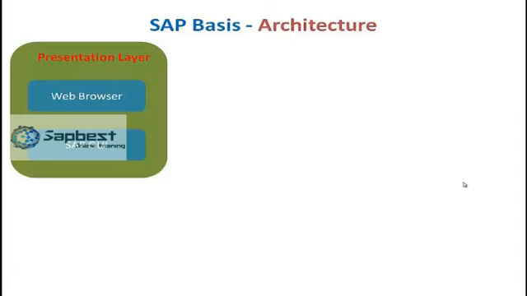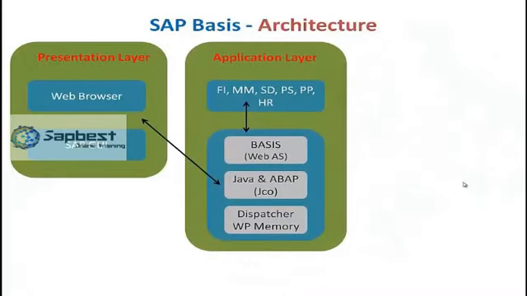So when I give my information and click on SAP GUI login, I will connect to the application server of the SAP system. The application server of the SAP system is run by two environments. One is Java and the other one is ABAP. And the Java connector, JCo, connects them.